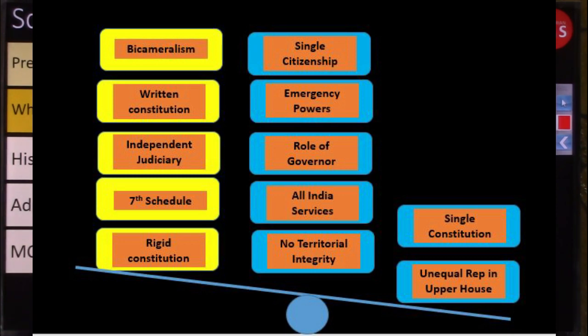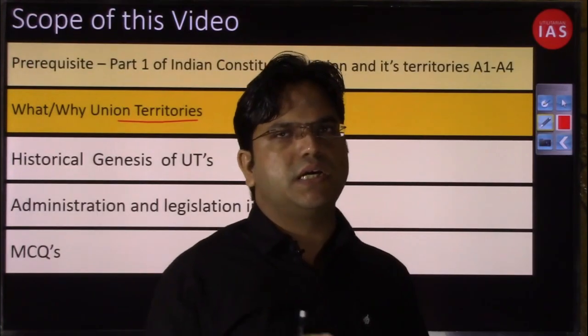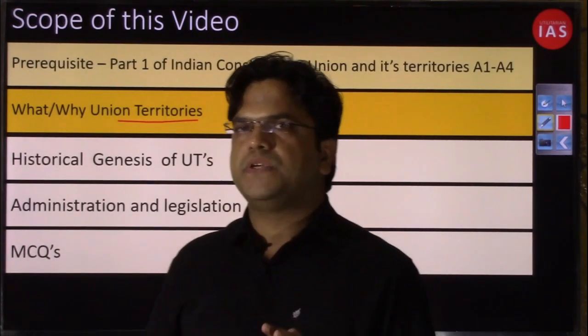So there we had discussed that this feature of union territory is nothing but a unitary feature of the Indian Constitution, and that tries to tilt the balance of Indian federalism in the favor of unitary feature. What are the other unitary features and what are the federal features? We had differentiated there. So I'll expect again that you will have an idea or conceptual clarity on what is this federalism,